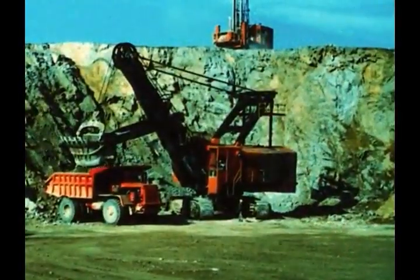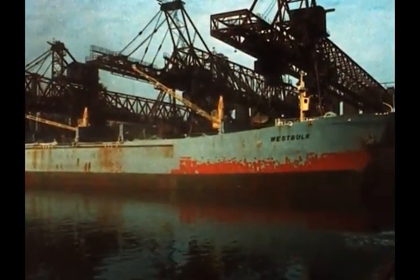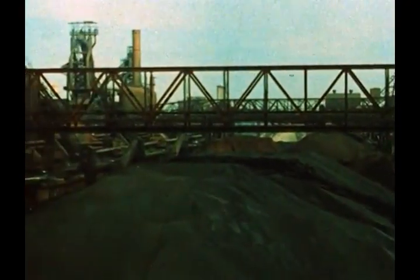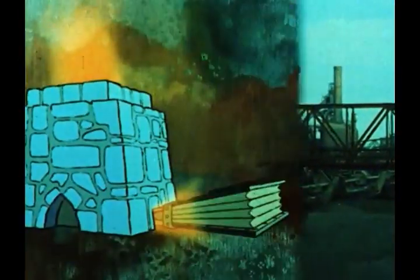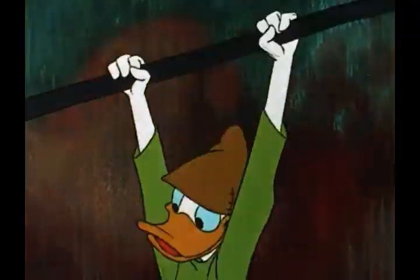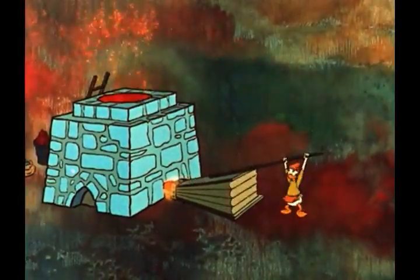Now great quantities of coal must be clawed out of the earth. Ton upon ton of limestone must be quarried, and alloying elements brought in from all over the world. At the mills, the coal is baked into coke. The raw materials are dumped into huge piles, and only now are we ready for the next step. Going back to our old iron master, his next step was... Smelting, of course. Yes, smelting. Although blast furnaces have changed somewhat,